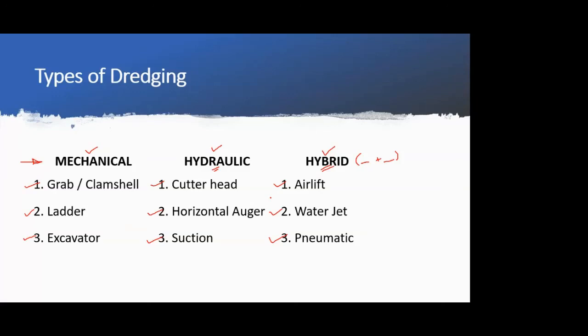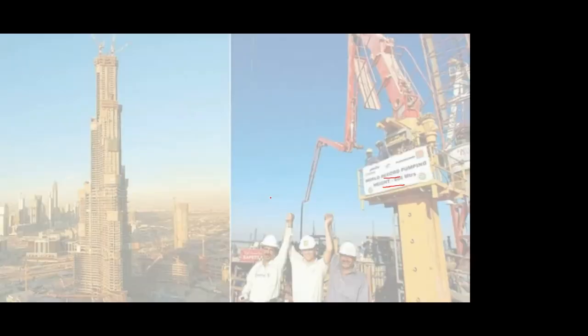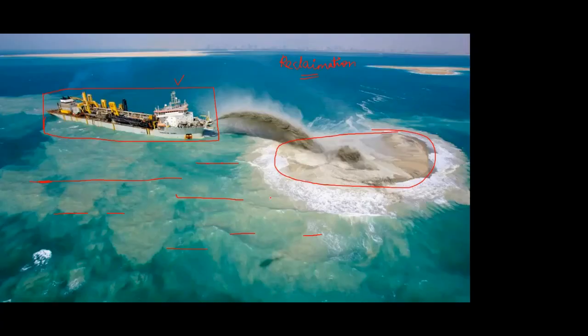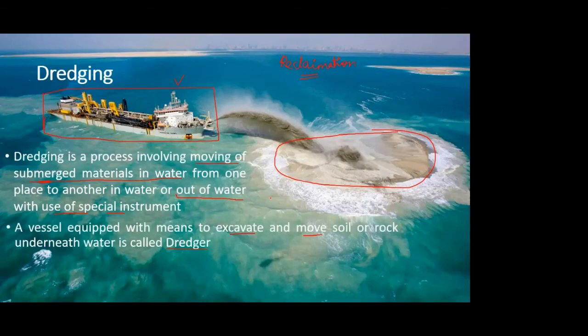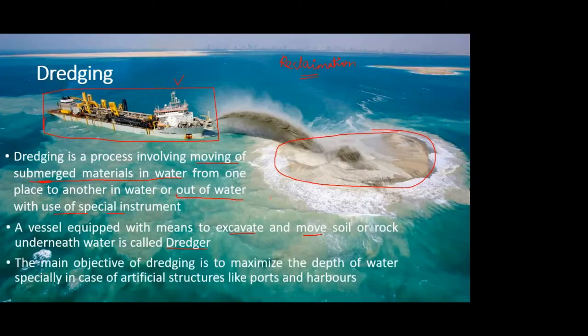If you have any doubts related to whatever we have discussed today, so basically we started with this. Then we saw just in brief what mechanization is and why we need it. Okay, some obvious ones. Then we came to what dredging actually is, the definition and the dredger, what a dredger is, and why we actually use this construction technique: either to improve or increase the depth of your water body, or to reclaim land. So in both cases, dredging comes into the picture.